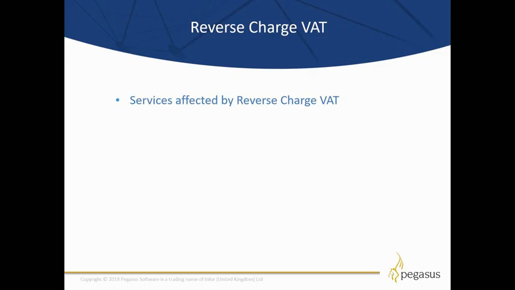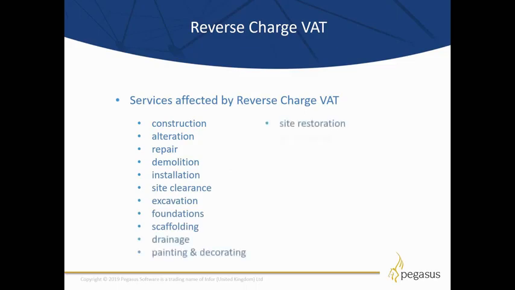The reverse charge VAT will cover the whole of the subcontractor invoice and not just the labour element of that invoice. Also, reverse charge does not apply if the service is zero rated for VAT. For instance, if this is a new house build, then this is zero rated, in which case the reverse charging will not apply. Here is a list of the services affected in the building trade, including but not limited to